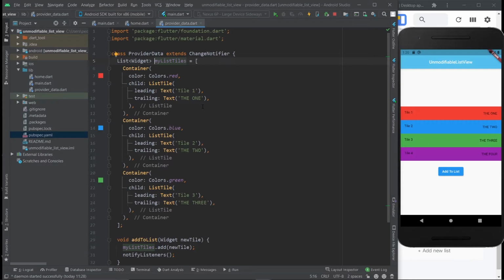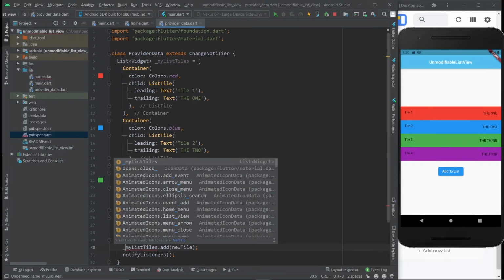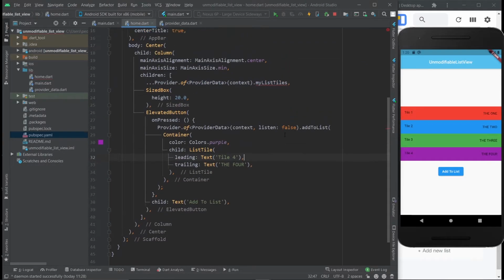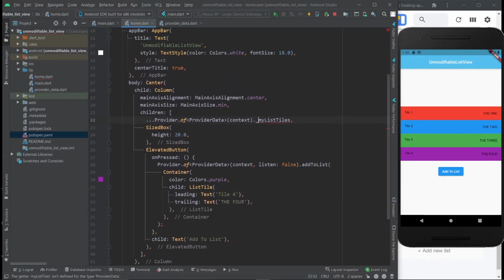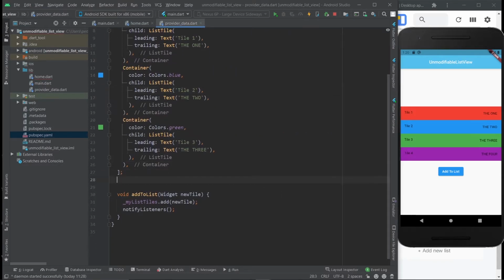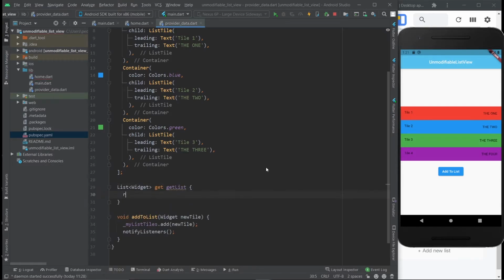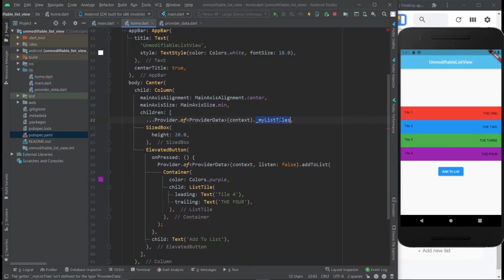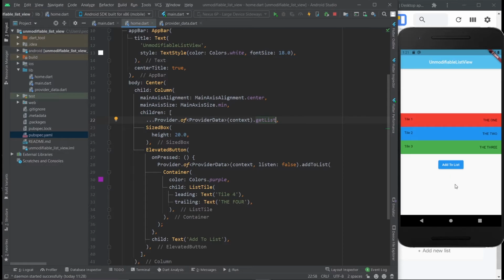So to prevent yourself from doing that, we should make this private, like so. We'll do the same thing here. However, now that we come back here, if we try to do this, it doesn't work because it's a private list now. And the potential solution would be to create a different list just to get that list. Something like this. And here you just return the original list. So if you come over here and you change this to get list, if we restart this again and we add to the list, it will still work.